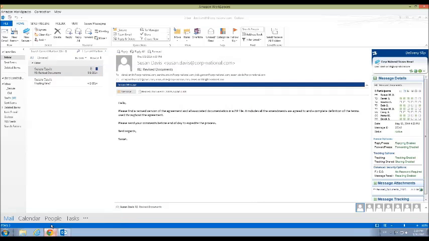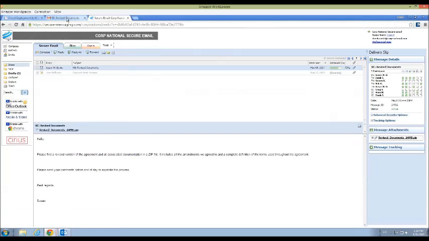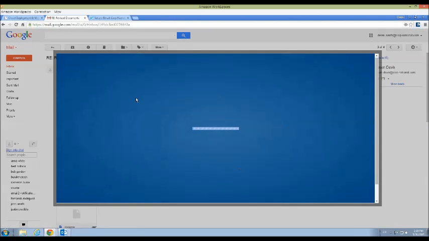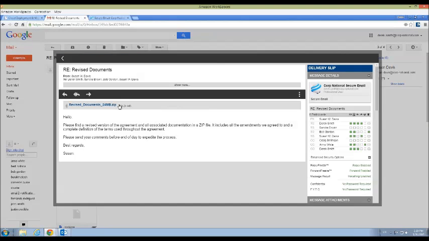Now, what about outside of Outlook? What about outside of the webmail portal? How else can you access this content? If you're using any hosted email platform and you're also using the Chrome browser, we have a Chrome extension that allows you to render secure content right from within your Gmail inbox or Hotmail inbox or really any inbox that's using Chrome. Again, this is a way to inject security and productivity without changing the way that employees are working, without changing the way that people are going about their day-to-day business. We don't want to disrupt, we don't want to interrupt, we want to enhance and add security to the way people are already working.